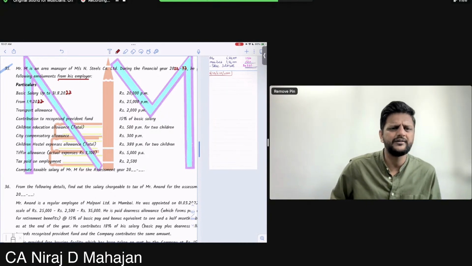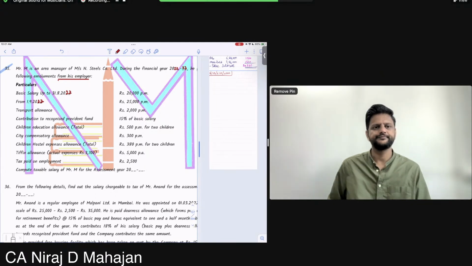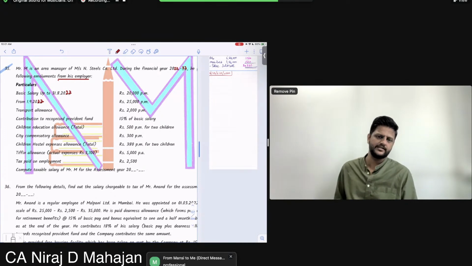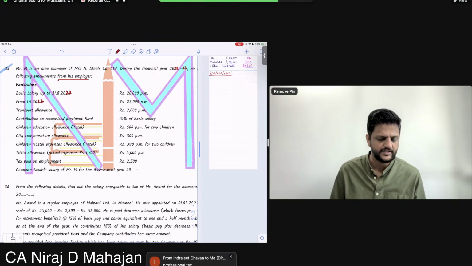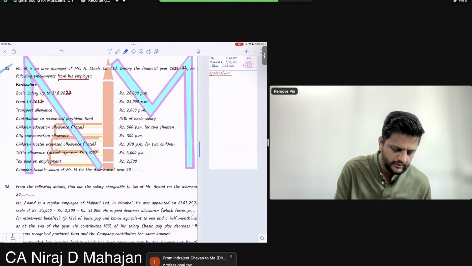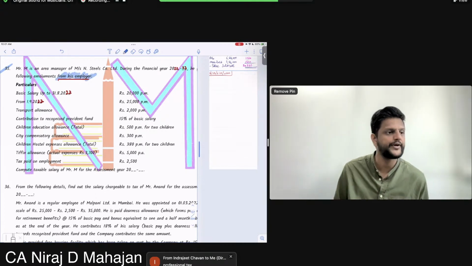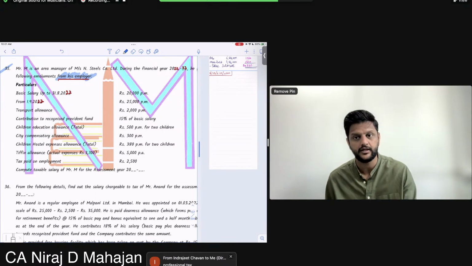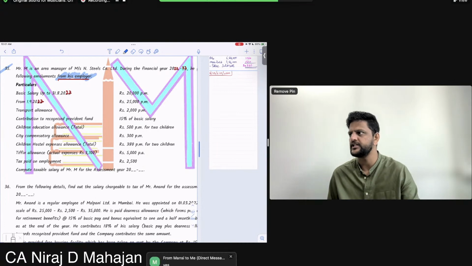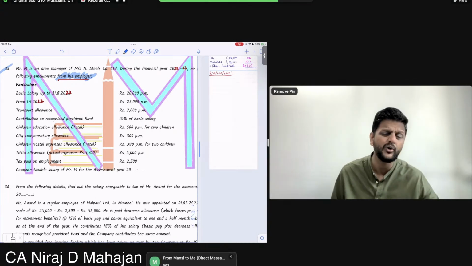Tax paid on employment. Do you remember what is tax paid on employment? Very good, it is professional tax, PT. But again, I am repeating, who has paid that? It is paid by the employer, obviously on behalf of the employee. So what should happen? It will first be added to income as perquisite, and then again we'll take it as deduction under section 16(iii). Remember or not, all of this?